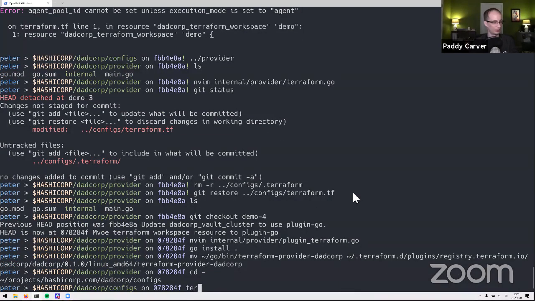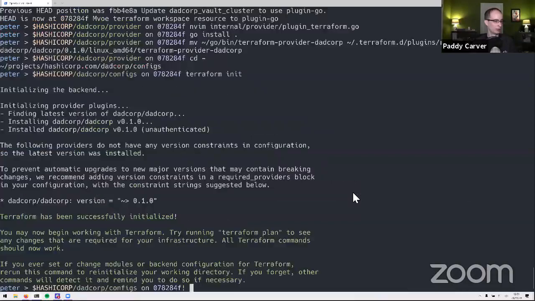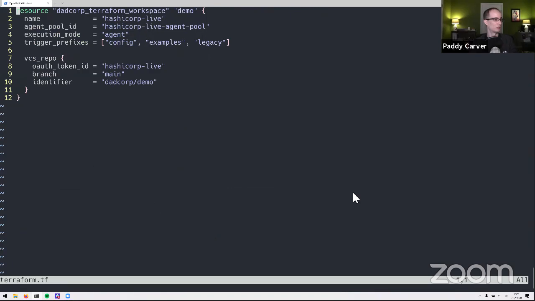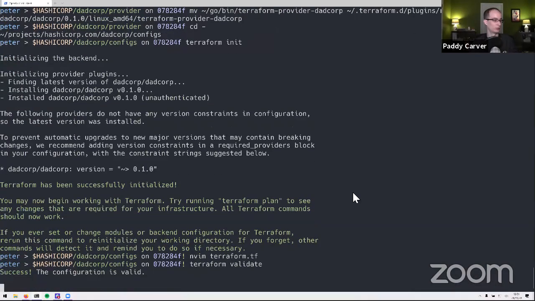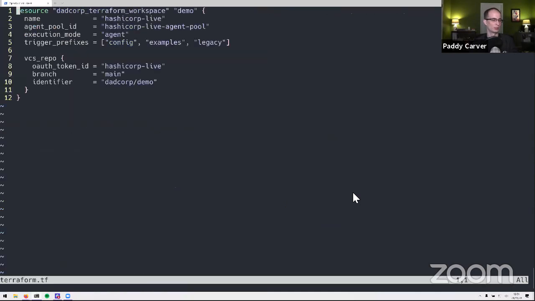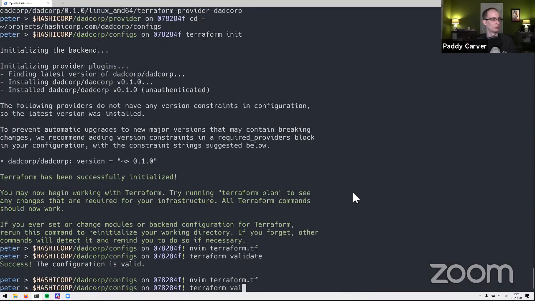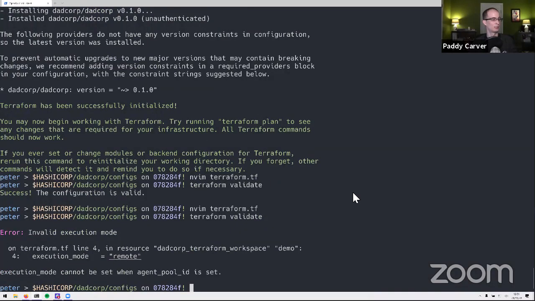If we go back here, we remember to Terraform init. And if we update the terraform.tf, this one's going to work. So if we take a look at Terraform validate, I hope it works. Yeah, it works. That's always nice when things work. And then we change it to something else, and we go ahead and validate that. It says, hey, you can't do that. And notice how it's actually underlining exactly what went wrong.